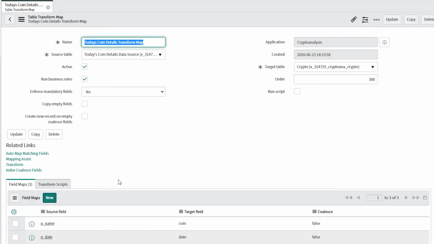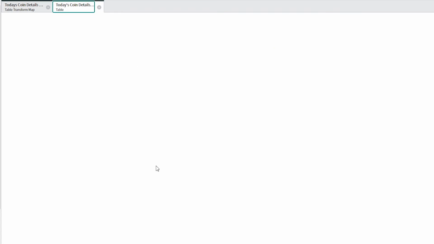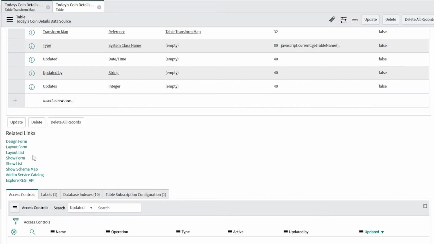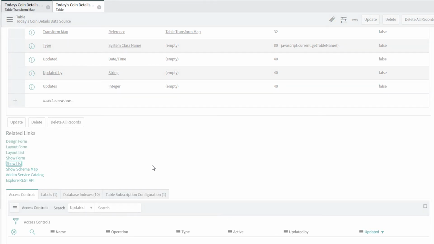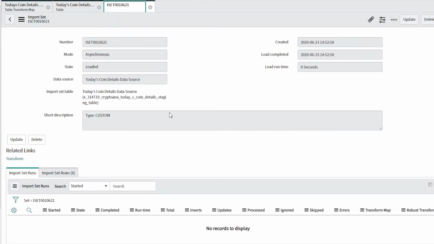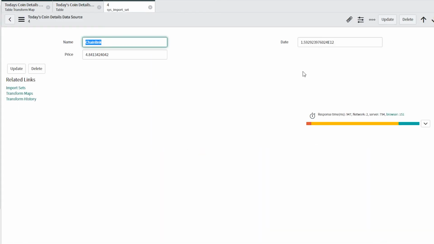Okay, so one thing we still need to do here is for the date field. So we still have the Unix time in our, let's say, in our staging table. Let's see that. So if I click here, then you scroll down, go to show list. This is the last import set. So we have 8 rows. Click on this, and you can see here the date. We have the Unix time. Okay, so